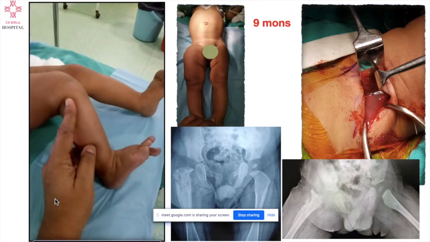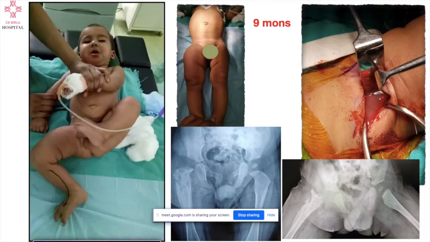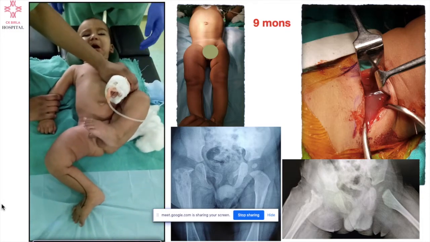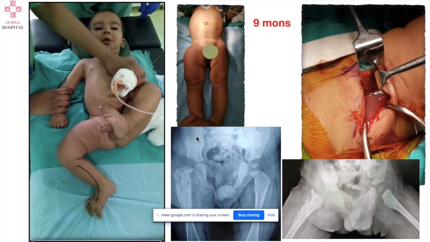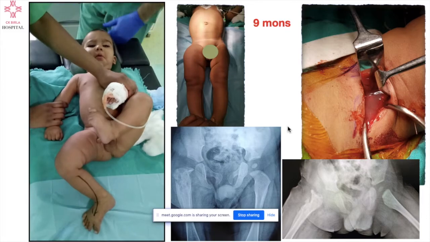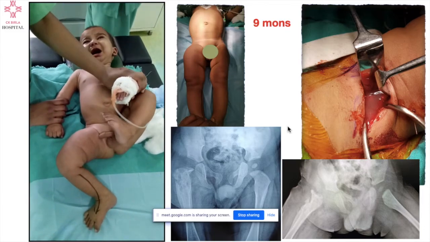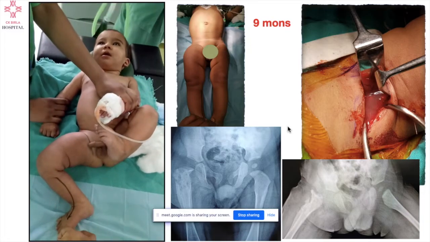See how the child is not moving the leg at all. This is pseudo paralysis. This is called a pseudo paralysis. He is bending the left, not bending the right. This is nothing but septic arthritis. So despite ultrasound being normal, everyone saying that there is nothing abnormal, the clinical local temperature was raised. They were all toxic signs. The child was continuously febrile for 2 months.